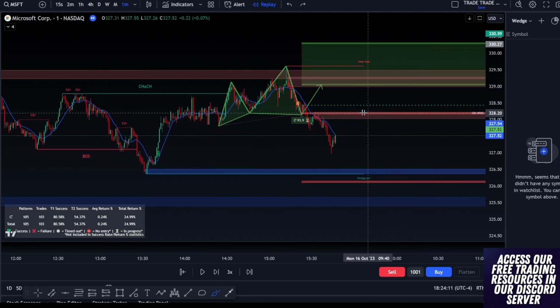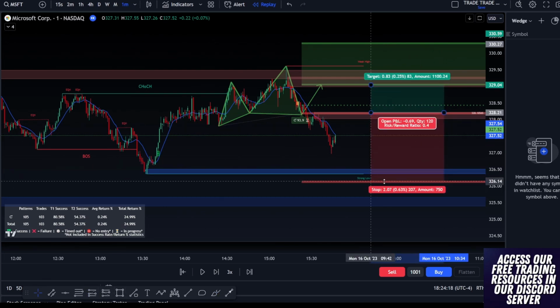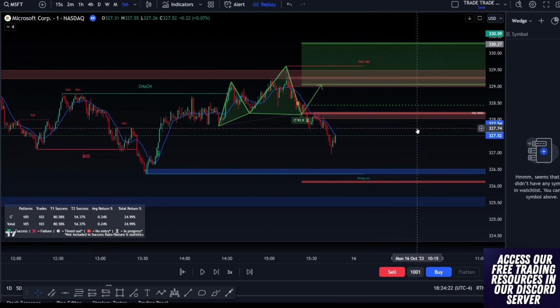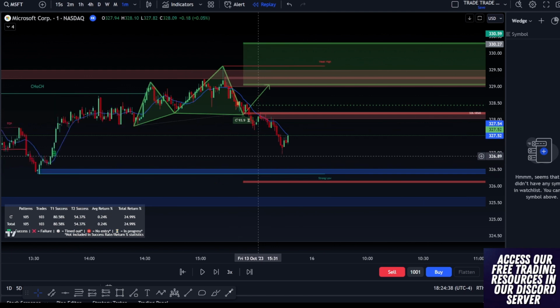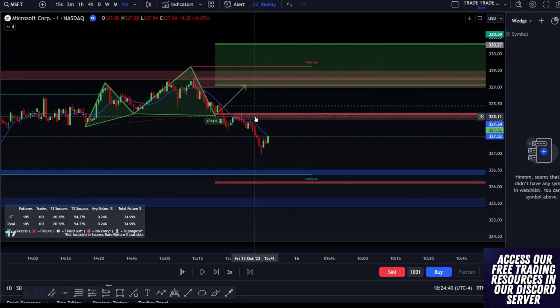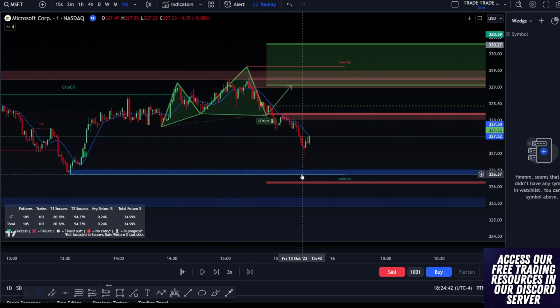Very good. Now the bad thing is, the RVR blows. But now what we need to figure out is what's going to give us a decent risk reward, but with a high chance of profit. So as soon as this trade happens, we see Microsoft go against us. This is not the trade, but you're going to see multiple trades move into each other. We see that there's a sell order block at 328, and we see there's a buy order block and a strong low down at 326.50.